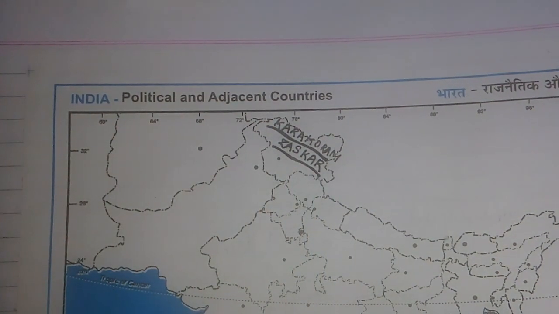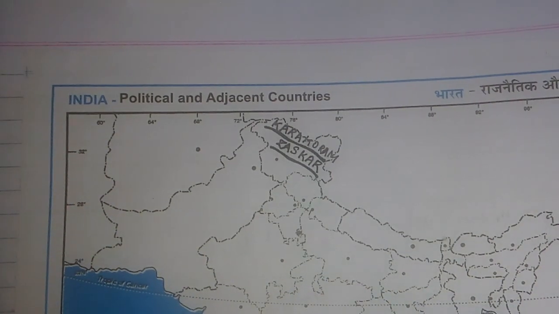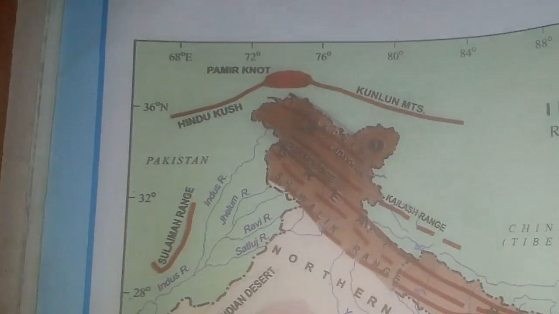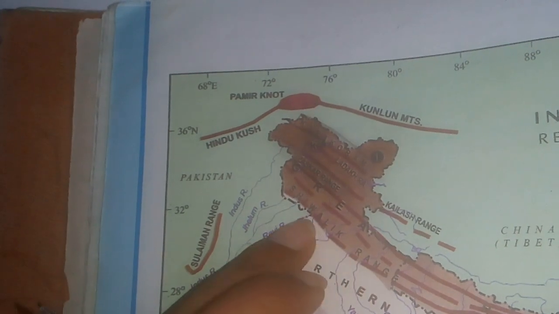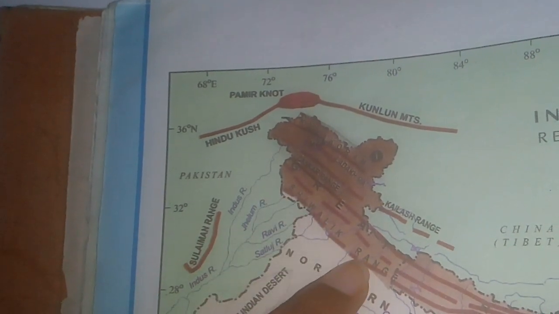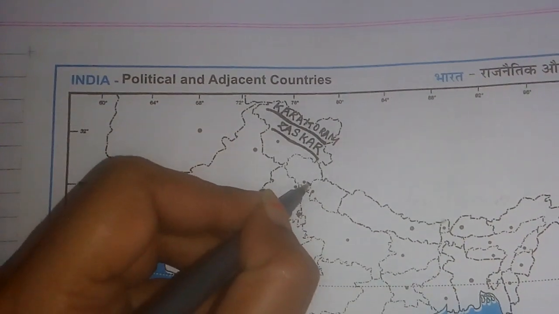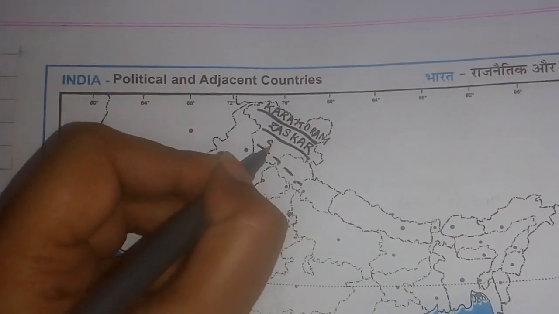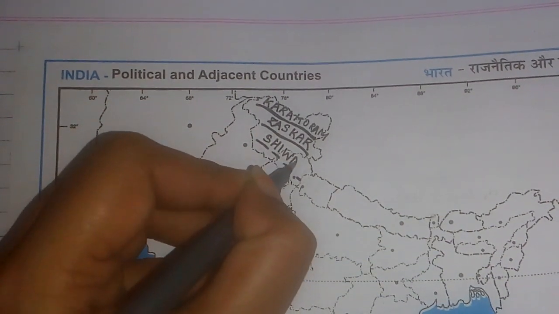Now the third marking that we are supposed to mark in this map is the Shivaliks. Now where are the Shivaliks? Again let's see this with the map. Over here in this same place you are going to see the marking of Shivaliks. So many breaking lines are there, and above that it's written Shivaliks. So let's mark Shivaliks now. Similarly like that you can draw, and above this we have to write the name Shivaliks.